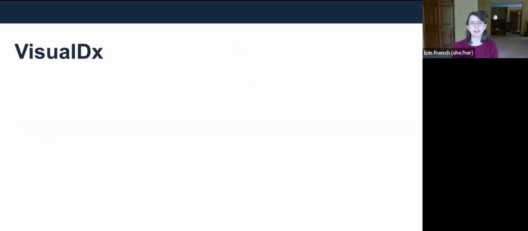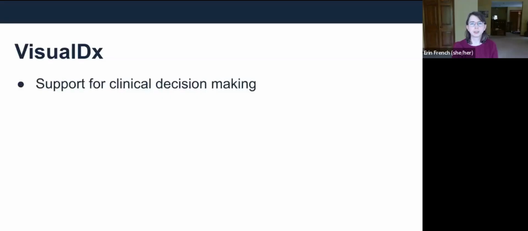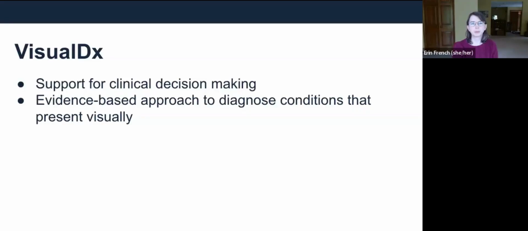VisualDx is an educational technology tool that provides visual support for clinical decision making. VisualDx utilizes an evidence-based approach for developing diagnoses of dermatological conditions, as well as those that present visually, but it can be used to support making diagnoses of a wide range of conditions, including those that are caused by medication